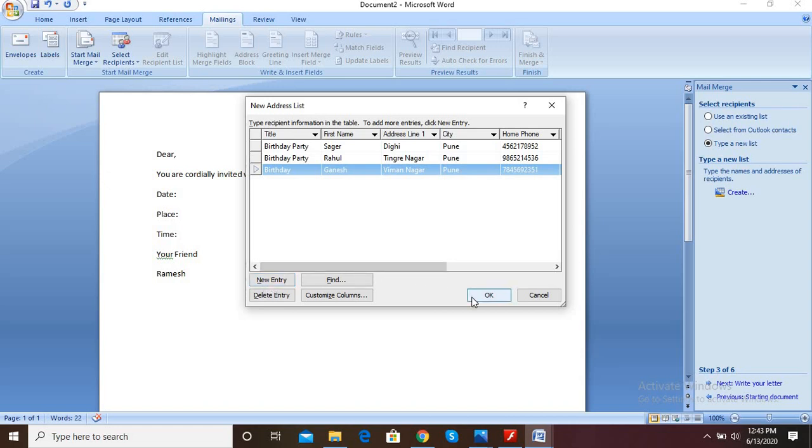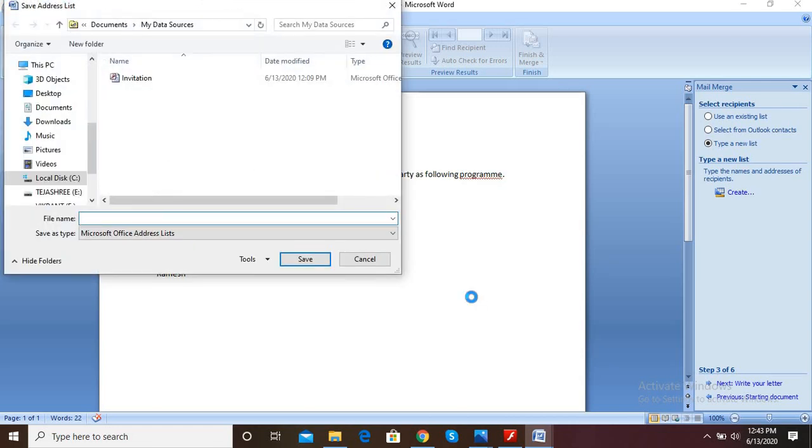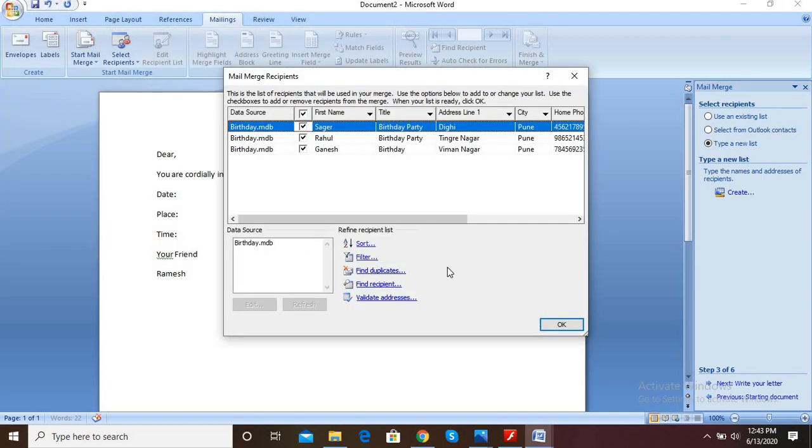Next is click on OK. After clicking OK, you have to save your data. So I am giving here the name birthday, and click on save. When you click on save, here the data source birthday.mdb will appear.